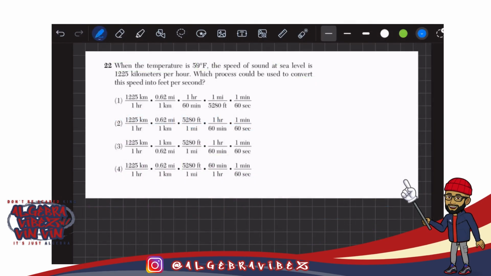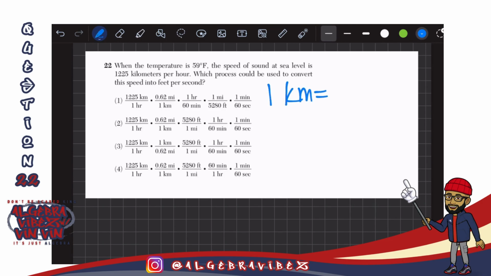All right, everybody, welcome to question 22. The problem involves converting speed given in kilometers per hour to feet per second. So the conversion factors required for this transformation are the following. I'm going to give you a little bit of information. We can get this all from the reference table that they give you for the Algebra 1 Regents, but it's